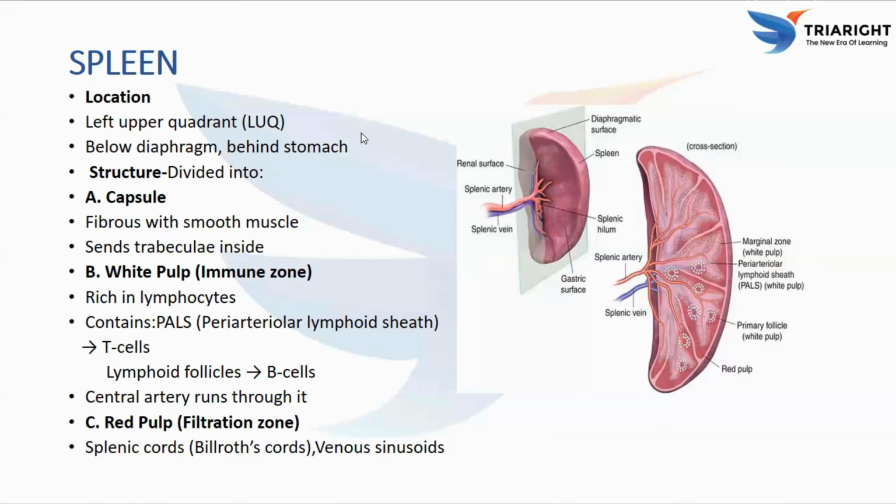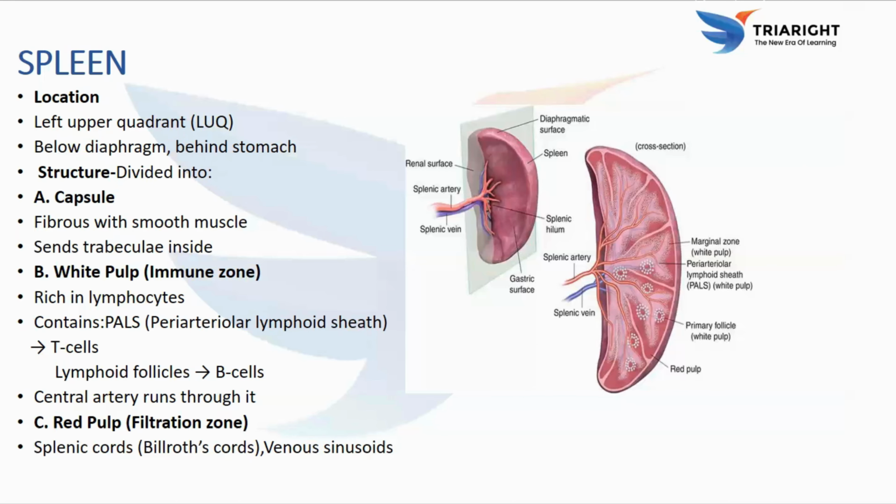And the spleen is the largest lymphoid organ. It is much larger than the lymph nodes as well as the thymus. The spleen filters the blood, not the lymph. This is why it has no afferent lymphatic vessels. The spleen stores around 30% of the platelets. The spleen is a very vascular organ.